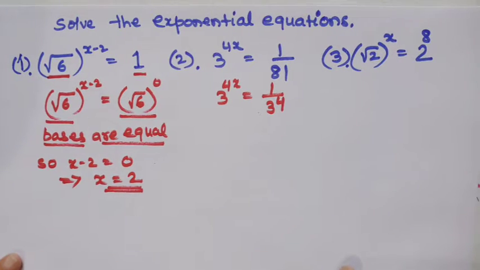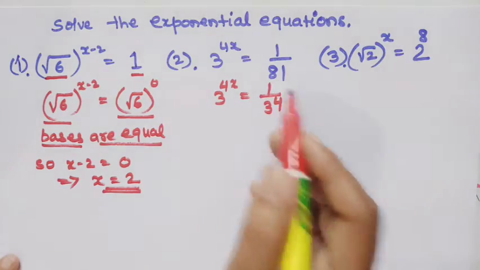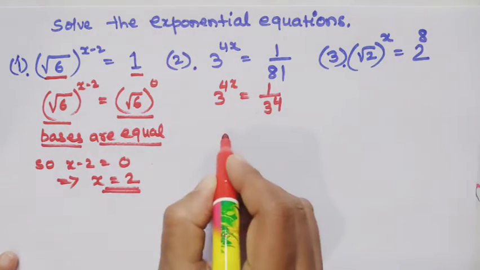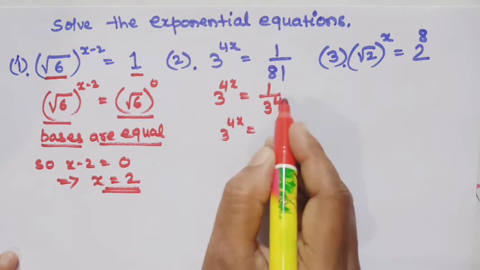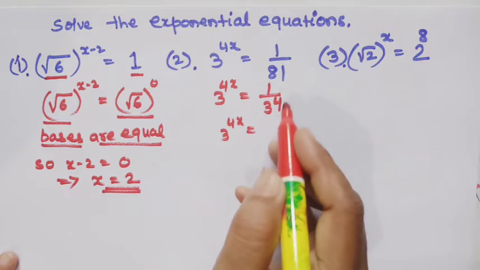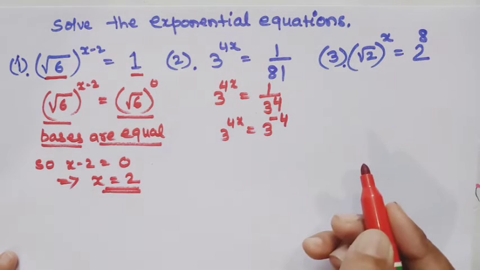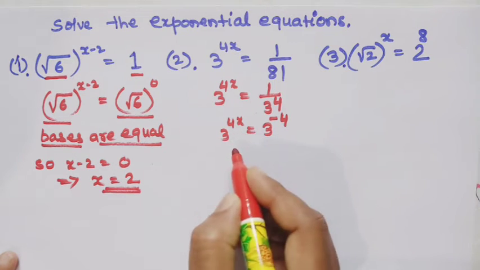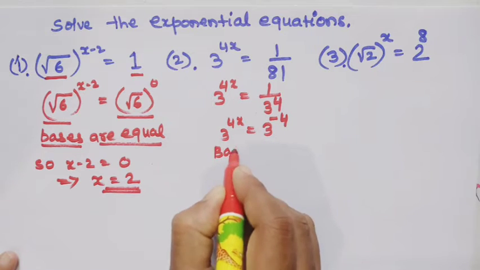Now in this case, you want your 3 power 4 in the numerator. So what will you do? You will just take it to the numerator. When you take anything to the numerator from the denominator, the sign of the power will change. So 3 and 3 are equal. Now you have got both the bases equal.